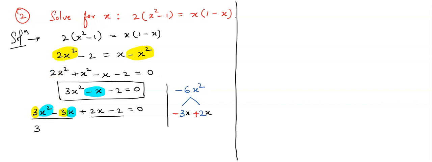At least one time x is there. Yes, so we take one time of x as common. Now we can see in this 3x square already 3 is out. x square is nothing but x into x. Already one time of x is outside. Can you see here? Now what is left out? One time of x, so put this x here. If you multiply 3x into x, it will become 3x square, as you can see here.